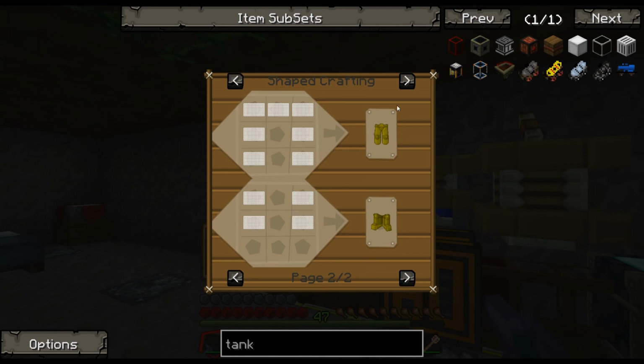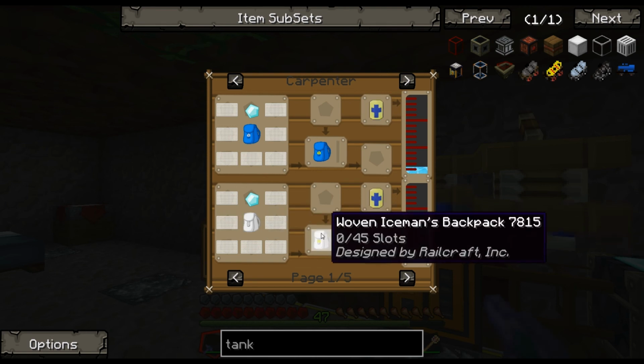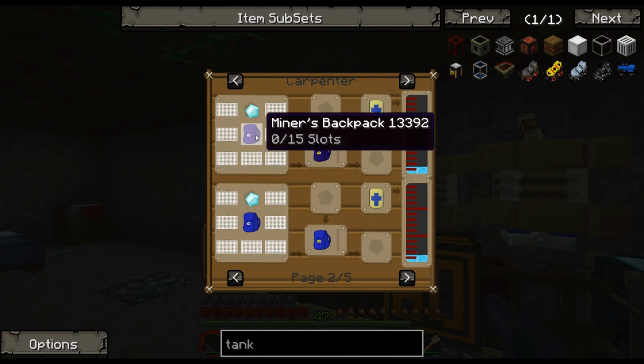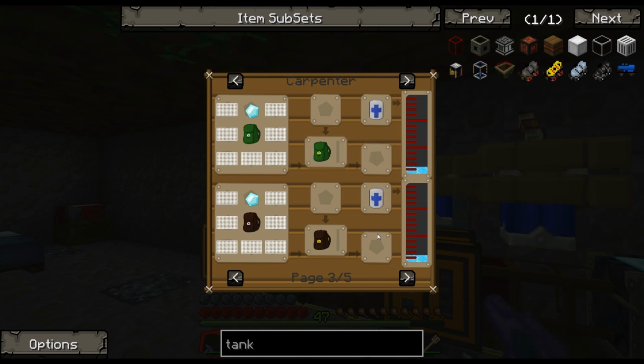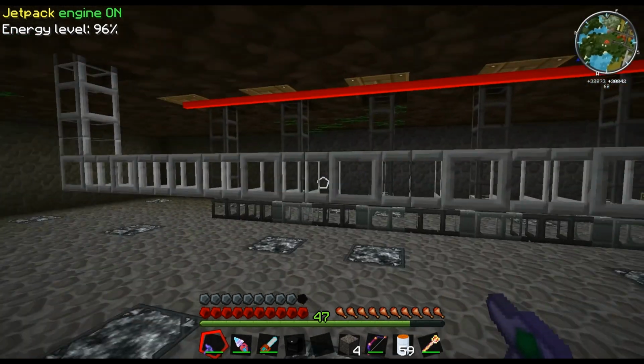You get poisoned, but you can mix it with backpacks and get the larger slot backpack. Get myself back there. So I've got the miner's backpack, which has got 15 slots, add a diamond and that, and I can get the woven miner's backpack with 45 slots, which means when you go mining, foresters, hunters, all these backpacks can be expanded up to be the larger ones. So we can use that. So next time, hopefully we'll have got through all of this, and we can go and hunt some bees down,